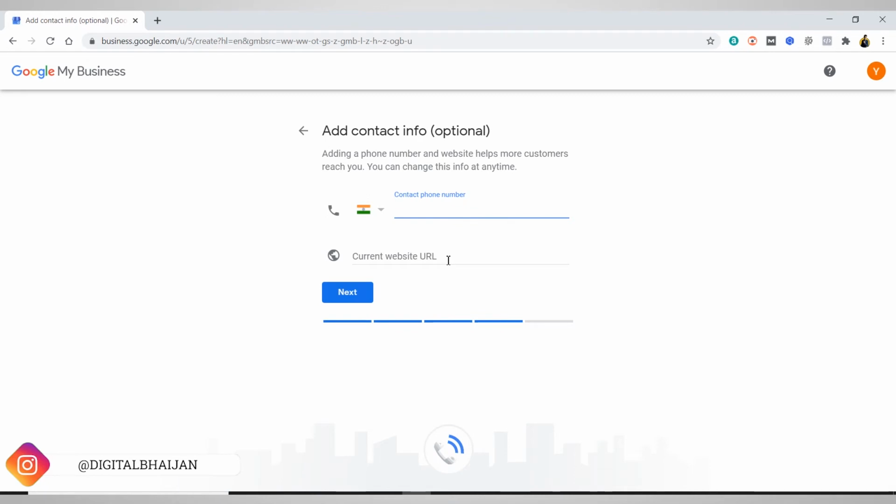So it is asking me about phone number and website URL. For now I just type a fake phone number, it is not mine. If you have a website, you can add it here, but we are going to create a one single page website through Google My Business in the next part. So we are not going to provide this URL. We will create a new website with the help of Google My Business. So click on next,